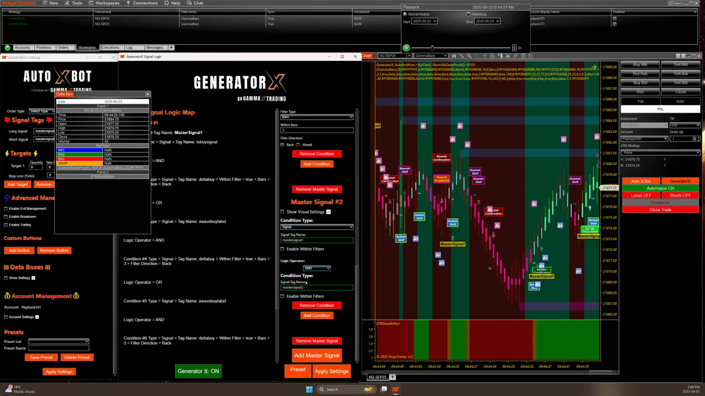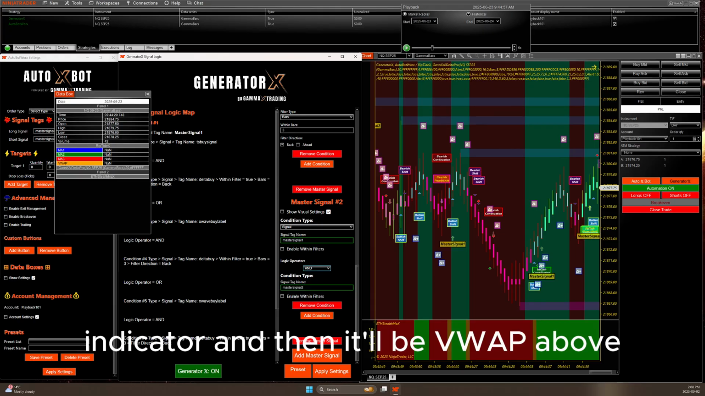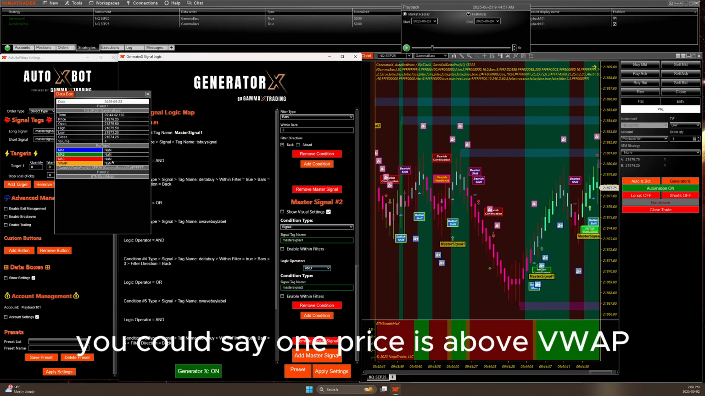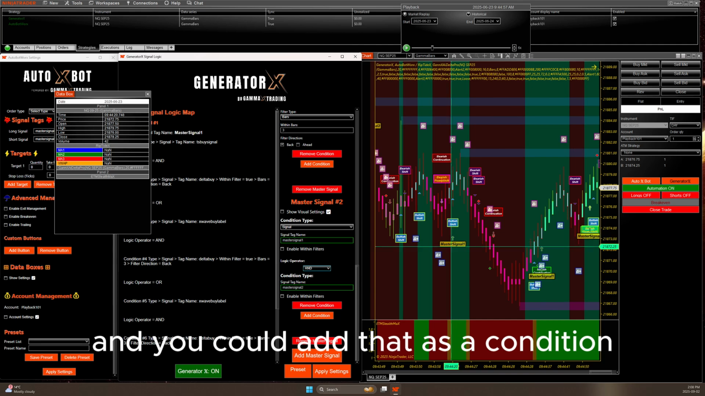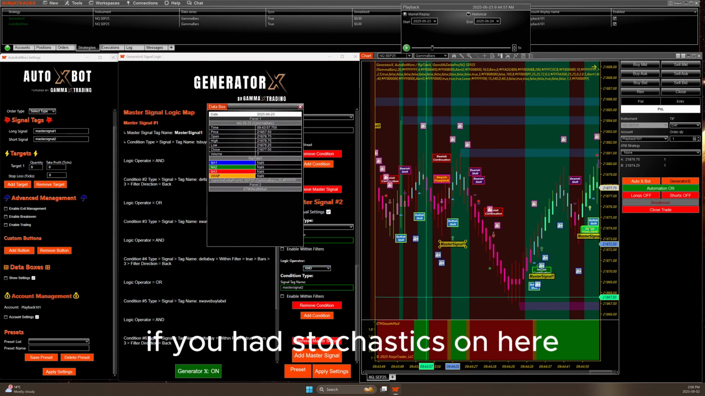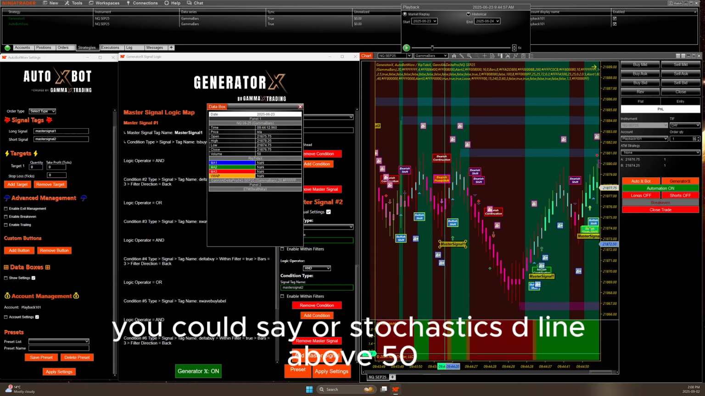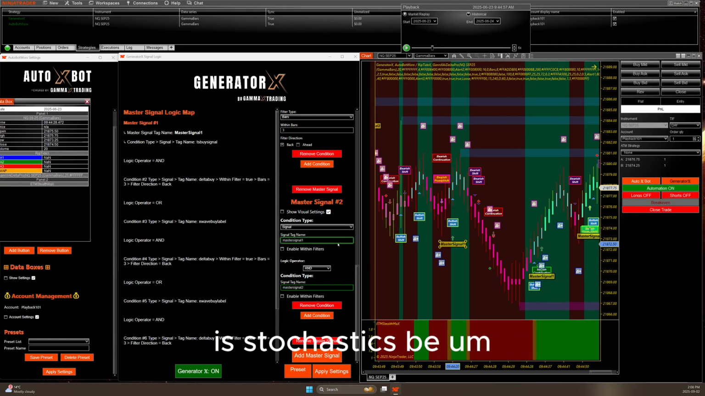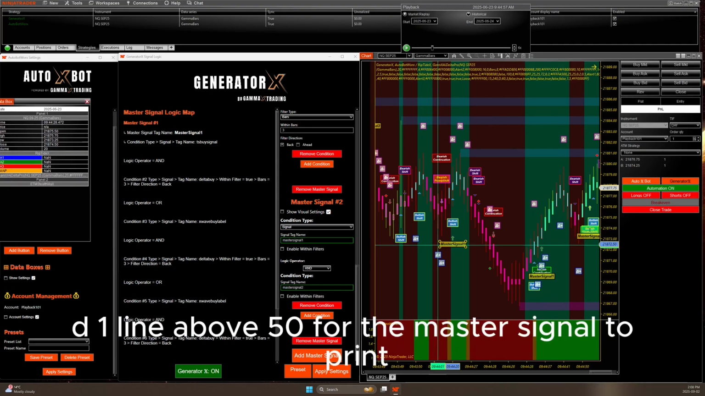condition type, indicator, and then it'll be VWAP above, above VWAP. You could say when price is above VWAP, and you could add that as a condition for your master signal. Or if you had stochastics on here, you could say stochastics D line above 50. And that would be one of the conditions, is stochastics D1 line above 50 for the master signal